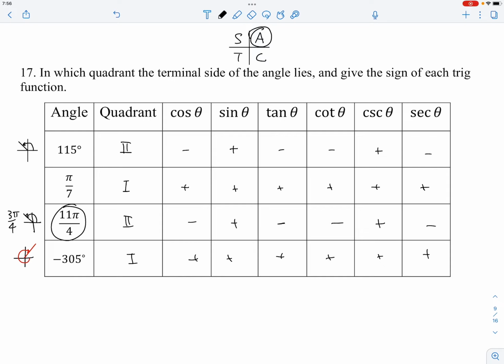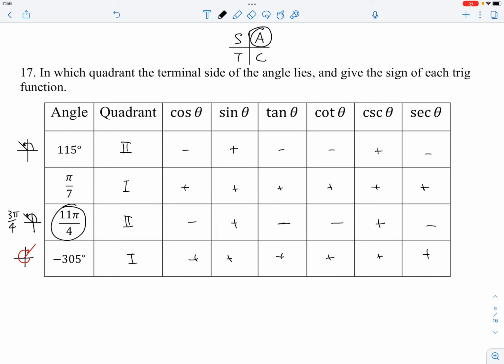Now, of course, we can give you any angle. Your expectation is not about just these angles that are listed on the left. Your preparation should be that if you are given any angle, whether it's positive or negative, whether it is degree measure or radian measure, whether it is within one revolution or more than one revolution, how do you tell? How do you draw? And how can you conclude